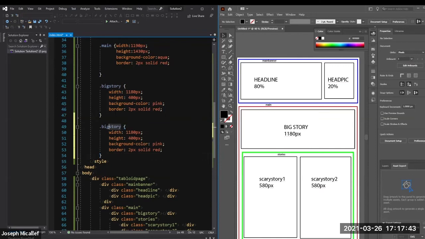So this one is just called stories. It's going to hold my scary stories. The width can be the same, so it's the same width as big story. The height is basically 800 minus, or 1855 minus 800. So it's like around 1,000. I'll make this one, I'll pick lavender. That one. So I got stories, and then inside of stories,